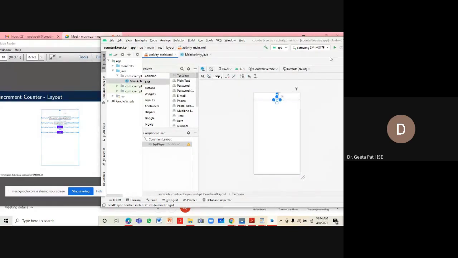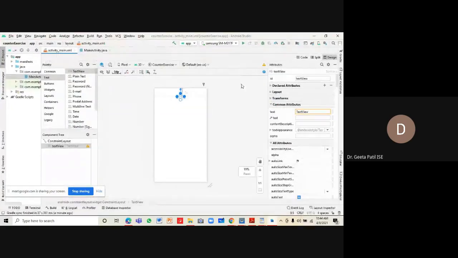The counter application is the title of this application, so let us change that in the text attribute of the text view. Counter application is the name of this, and let us set the size of the text.